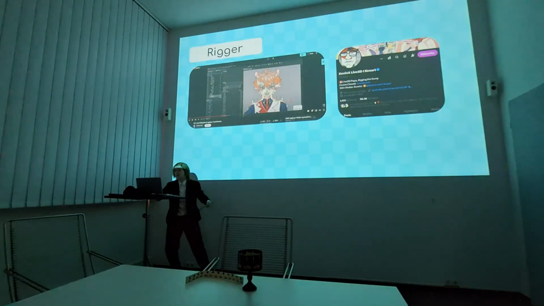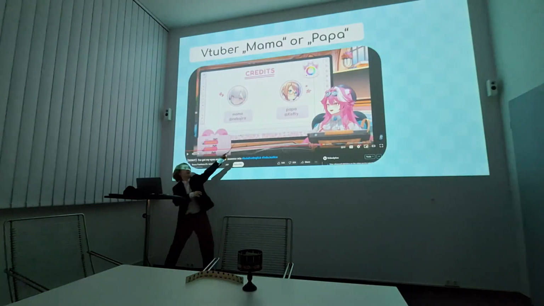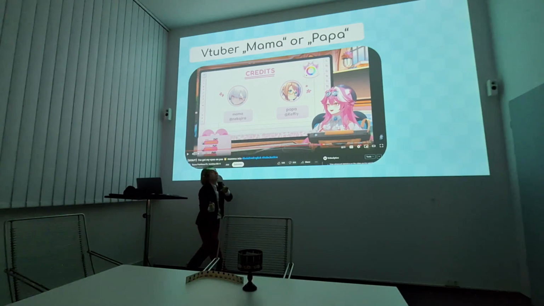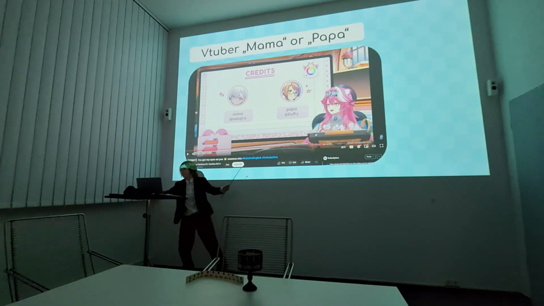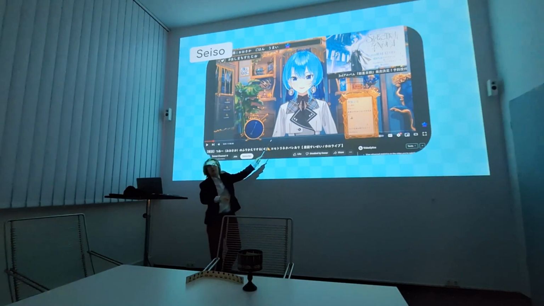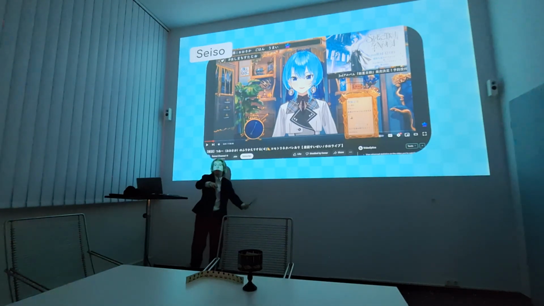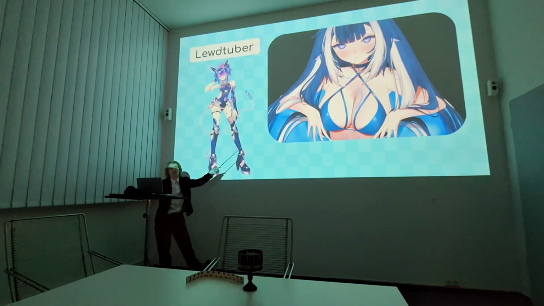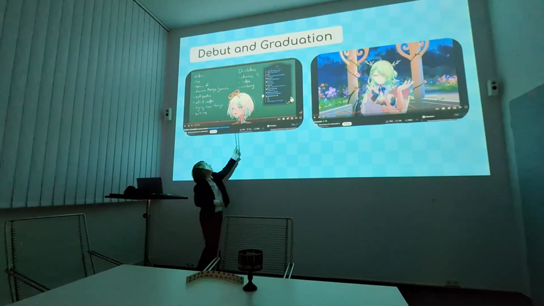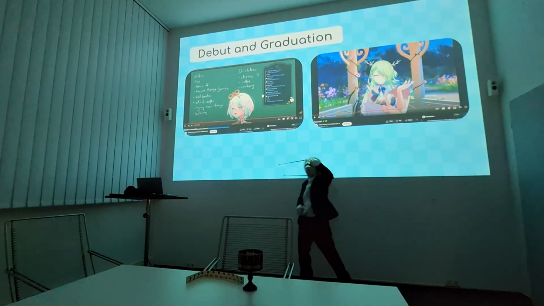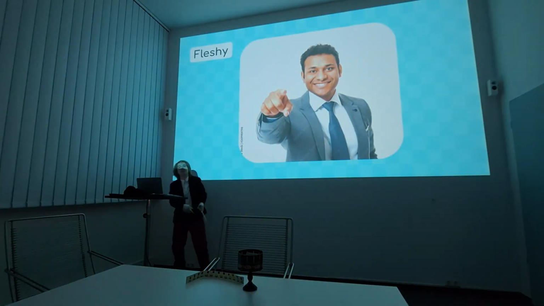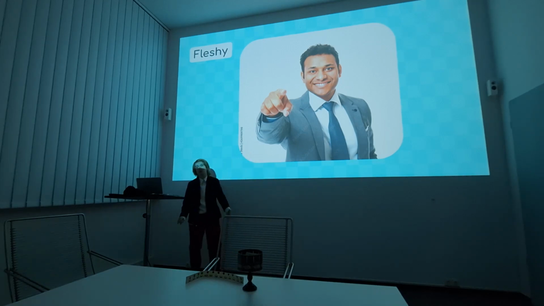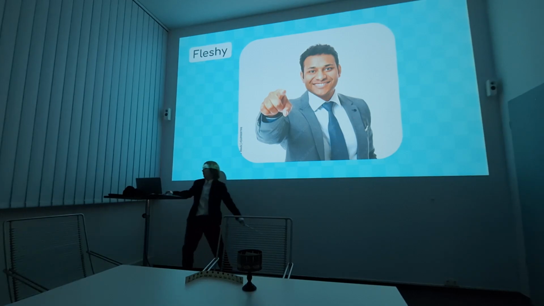Okay. Rigger, the person that brings the model. Mama, Papa, the people that are the riggers or the artists. Usually the Mama is the artist and Papa is the rigger. Seiso is being very safe for work, which means you are not doing anything lewd, you don't play bloody games or anything like that. Hentai is being sexual on cam, basically, as a VTuber. Debut and graduation: graduation is basically saying goodbye, I'm not a VTuber anymore. Flashy is basically a name for people that are not VTubers. So anyone that's a normal YouTuber, for example me right now, I'd be considered a flashy. Or you.